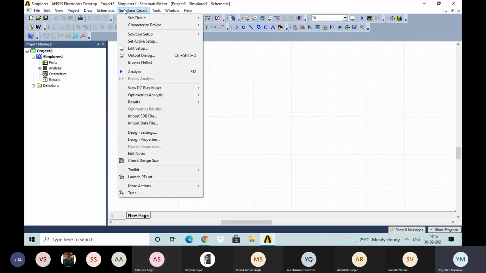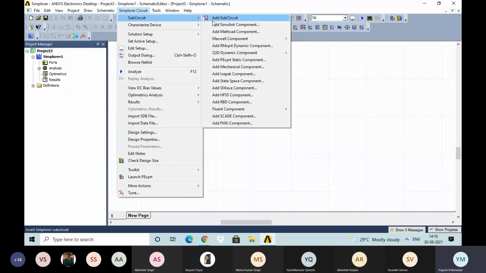And the Simplorer circuit, which we said is where we design the motor-related controller part and converter part. Under the Simplorer circuit there are different options like sub circuit. In sub circuit, see, there is a Maxwell component and a Simulink component, which is related to the MATLAB software. So another beauty of this software is that suppose you make the model in the ANSYS Maxwell software, and you want to run that model in the MATLAB software, then you can import this Maxwell design directly into the Simplorer circuit.